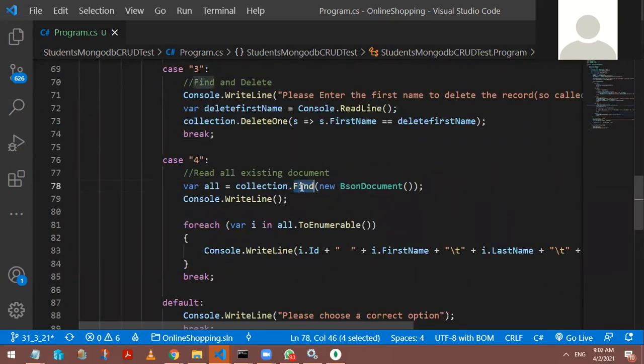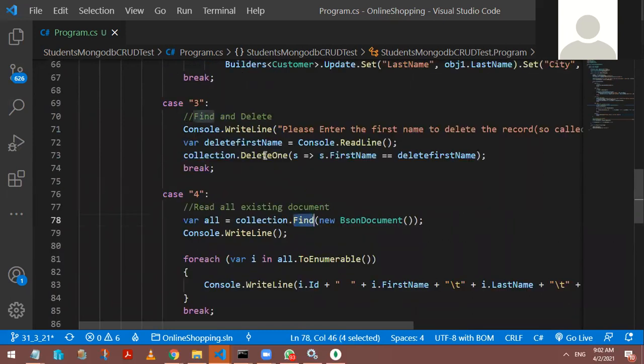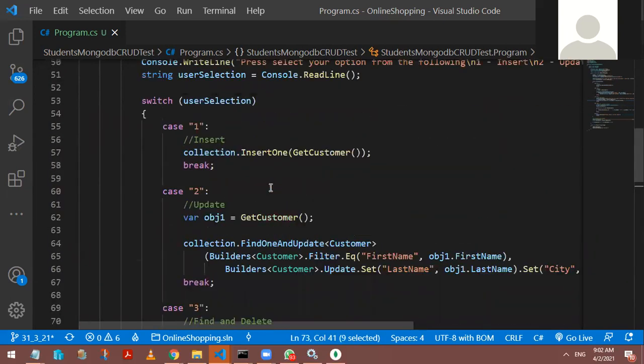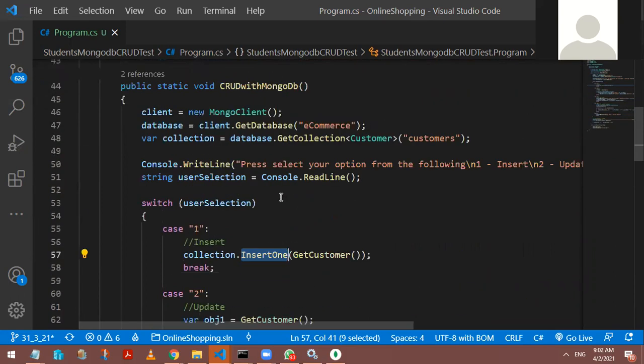So this find method, this delete one method, this insert one method, all these methods are actually given by that driver. So our job is to focus on the driver documentation and accordingly write some lines of code for doing that whole work itself. Okay? So get collection and perform that task. Insert one. That is a simple kind of thing we are trying to do here.